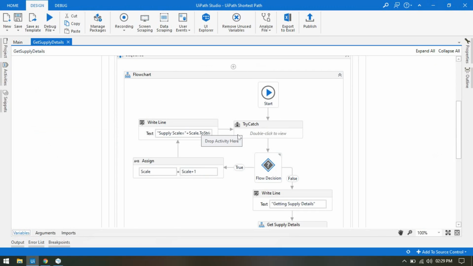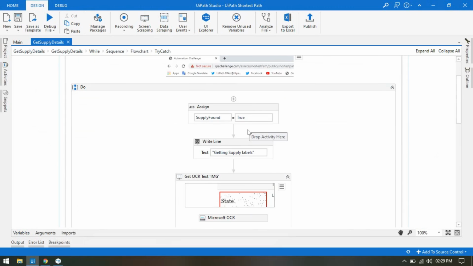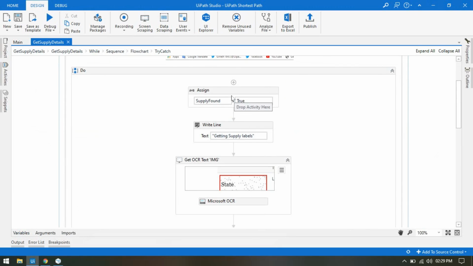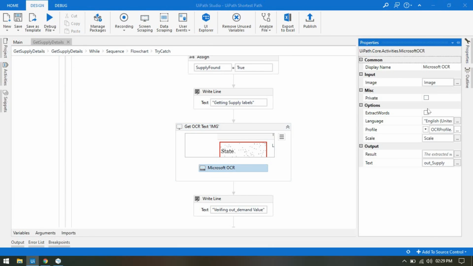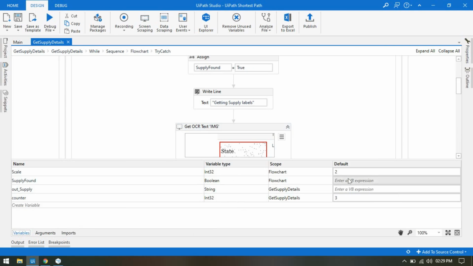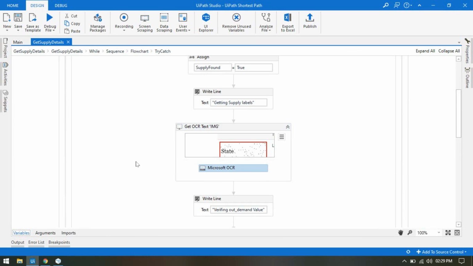So we are going to check again the try catch, supply found, the same as demand found. We are first checking supply found true, then using get OCR, using Microsoft OCR engine, and with the OCR profile screen, and the scale we are selecting here by default 2.